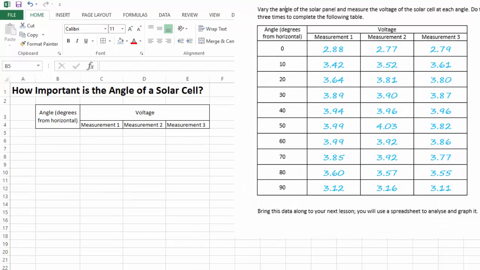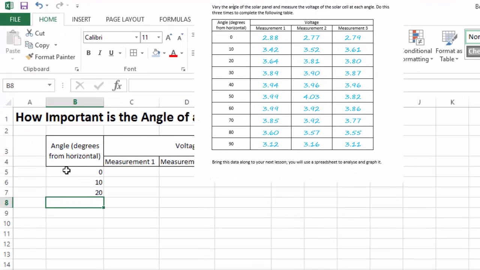So now I'm ready to enter my data. Now this is just a bit of a laborious job. I'm going to start with 0 degrees there, 10 degrees there, 20 degrees there. Actually, there's a bit of a shortcut I can do now because that's going 0, 10, 20 in a sequence like that. Excel's smart enough to work out a sequence and continue it. So what I'm going to do, if I click there, hold my mouse button down and drag and select those 3 cells,